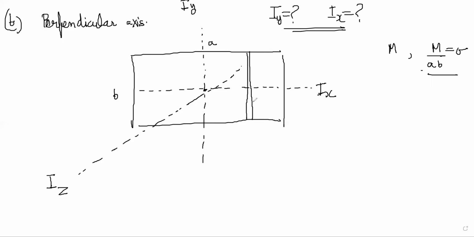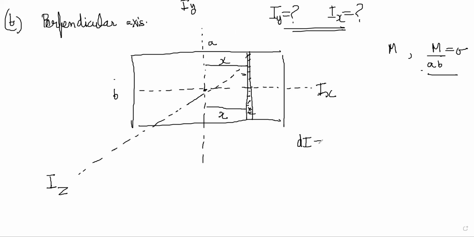Like this. And I will vary this line over the entire portion, right? Notice that this line is at an equal distance of x from this axis, right? Every point on the line is at the same distance x, no? So your moment of inertia here for this line will be